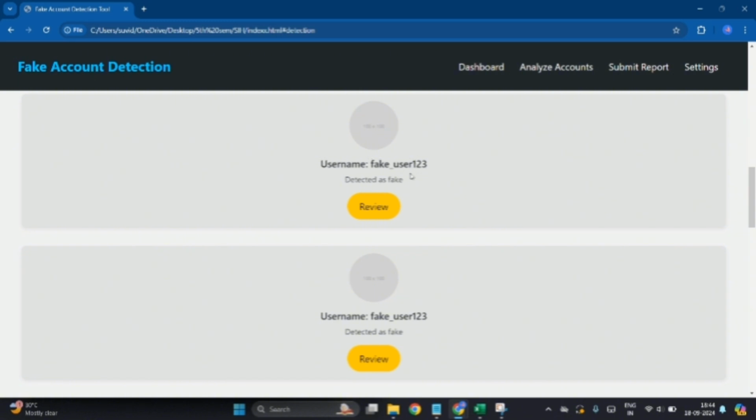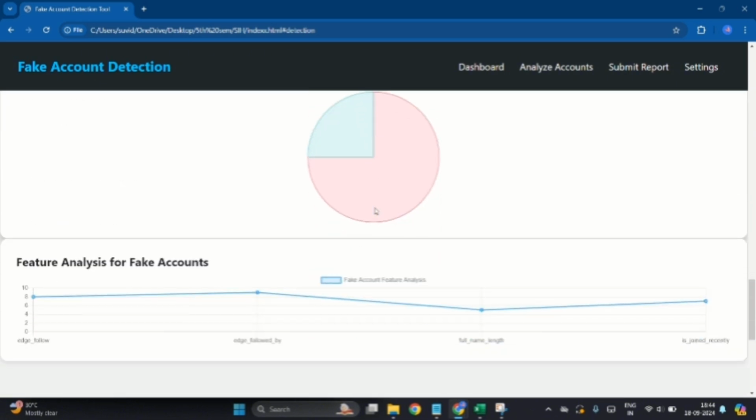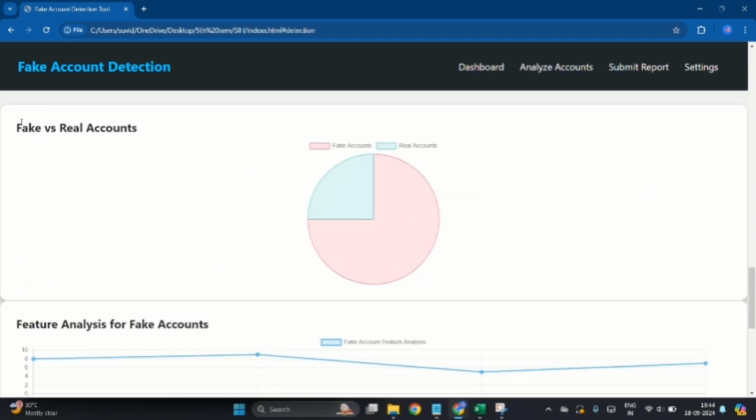Next we provide clear results through pie charts and feature analysis, highlighting patterns like edge flow. Here we can see that the real accounts percentage is less compared to the fake accounts, and it's just for the statistics.